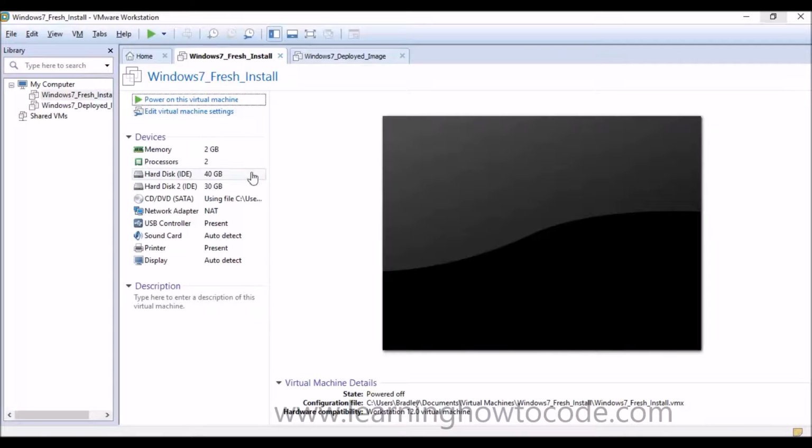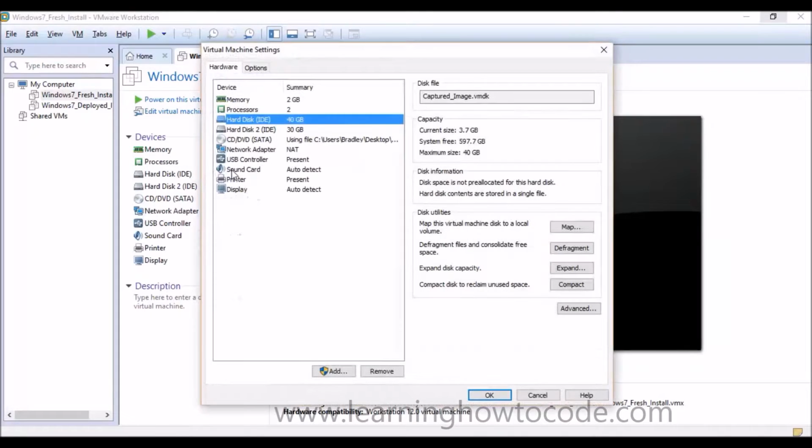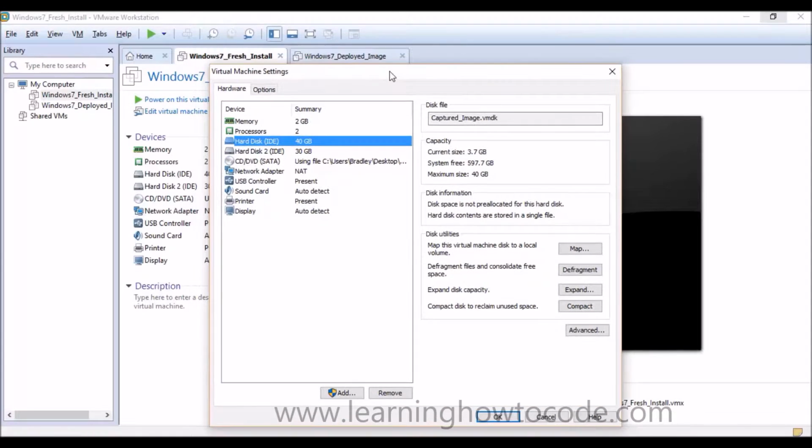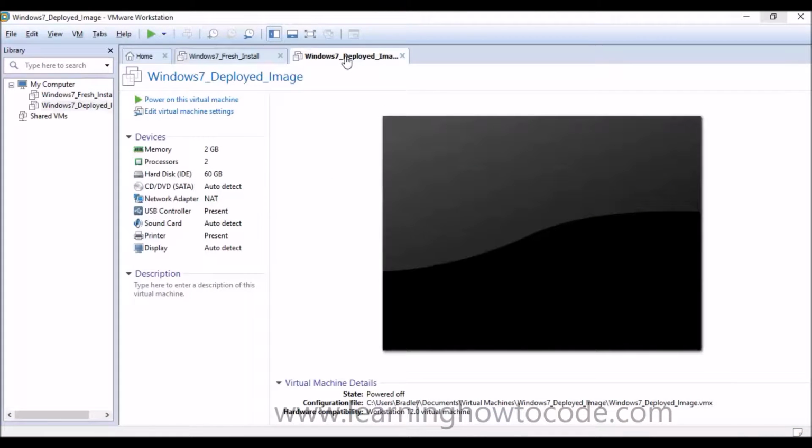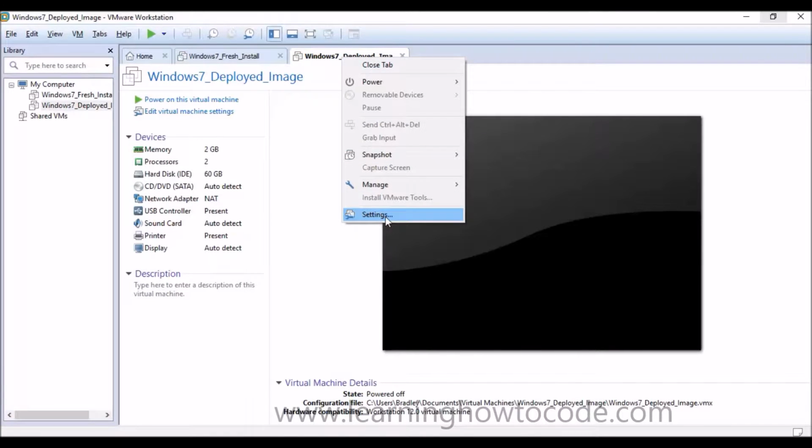is return to our fresh install, and this hard disk that we gave 40 gigabytes, that we have captured our image and stored our image on, we need to go ahead and remove this. If you miss this step, your deployment may fail. So I'm going to select Remove. Okay. And then I'm going to go back to the deployed image that we just created. I'm going to go to Settings,